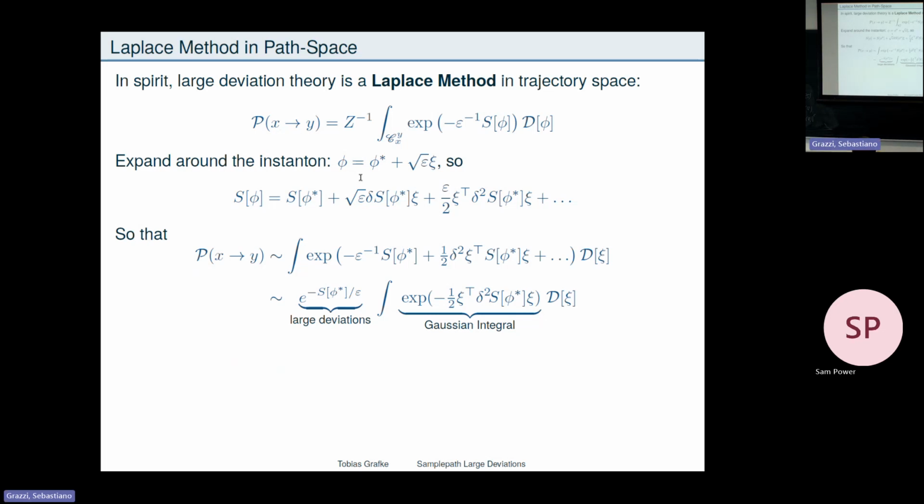But okay, now that I'm hand wavy already, this Gaussian integral is not only a constant, it's a constant that I can write down. I know the epsilon scaling and 2 pi's and so on, and then it's a determinant of the second variation of the action around the instanton. And this determinant is a functional determinant, right? I compute the second variation. So all I need to do in order to compute this constant, and I want this constant because this is the difference between just the tail scaling and the number, right? If I want the probability to be 10 to the minus 10, I need this as well. I need the normalization. All I need to do is to compute the determinant of the second variation of the action at the point of the instanton.